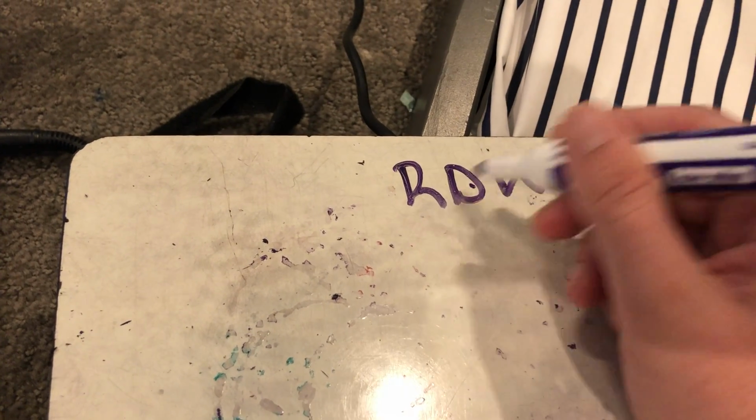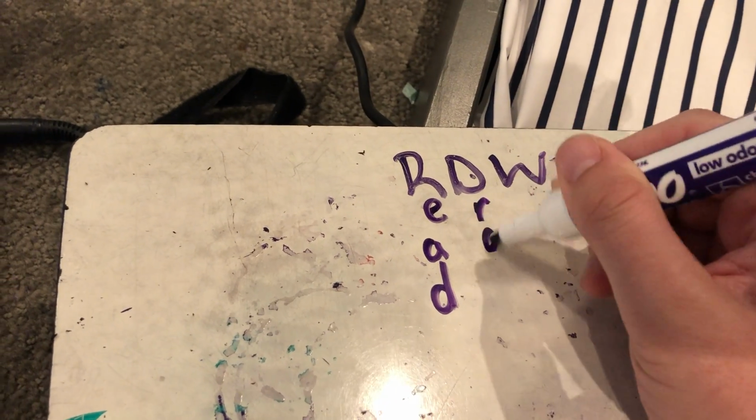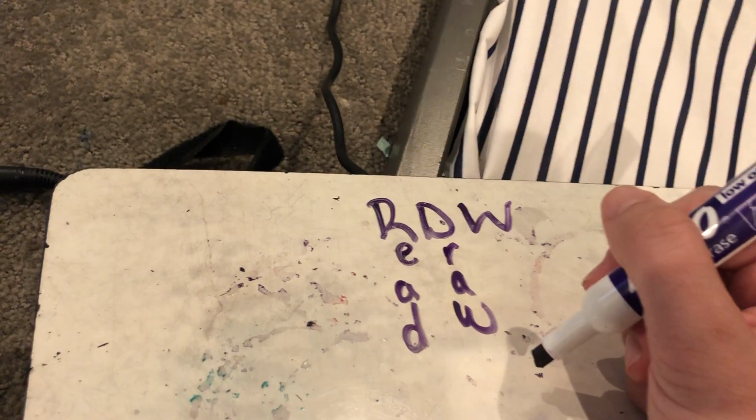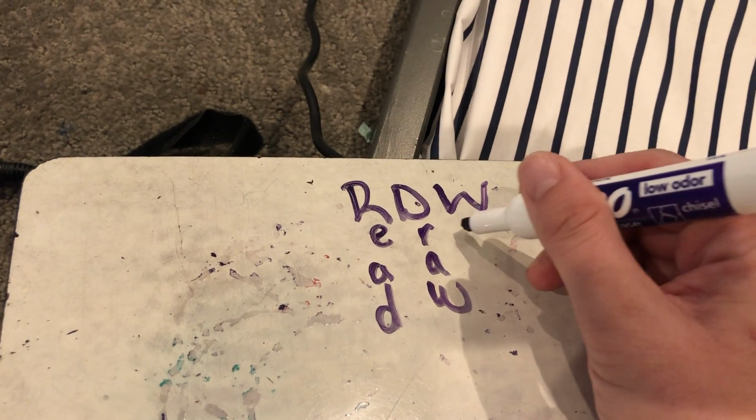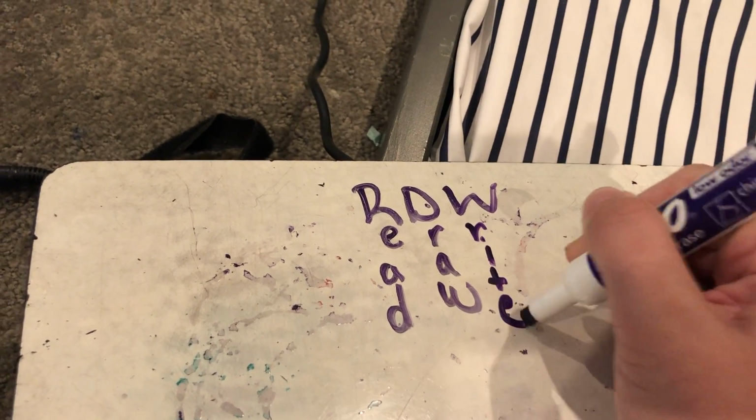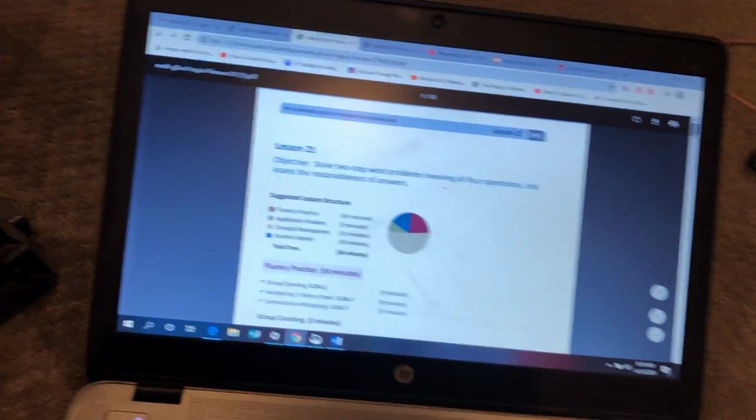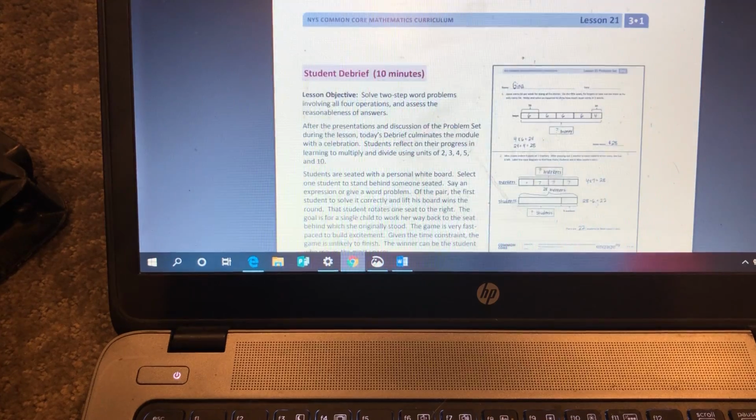The RDW, so R stands for read, so read the question. D stands for draw, so you need to draw like a tape diagram or a picture that goes along with the word problem. And then W is write, which means write a sentence with your answer. So we're going to scroll down. Okay, and we're going to start with